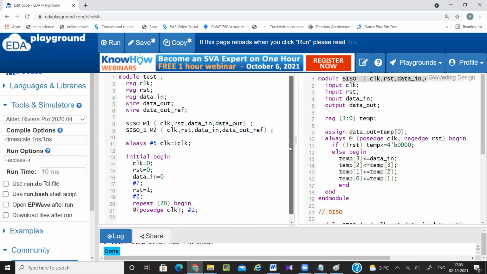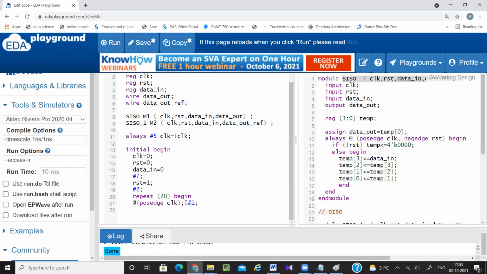Remember, whenever you are writing a sequential circuit, don't simply give delays like #1, #2, #3. There you will miss some values. If you want your flip-flops to capture all the values, make sure that your data changes once per clock cycle. You can write like this, or if your design is working with respect to posedge of clock, here you can write @negedge of clock.